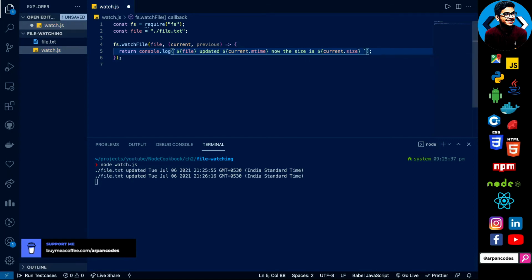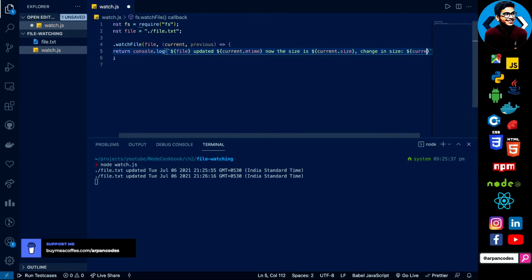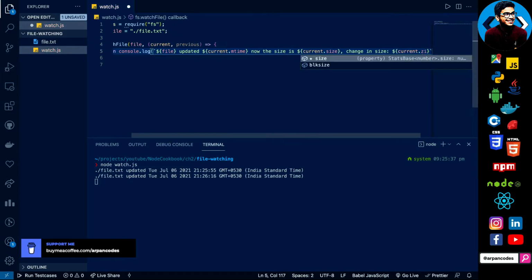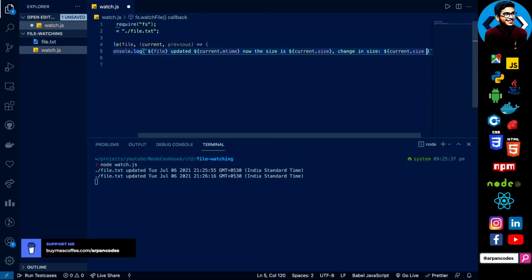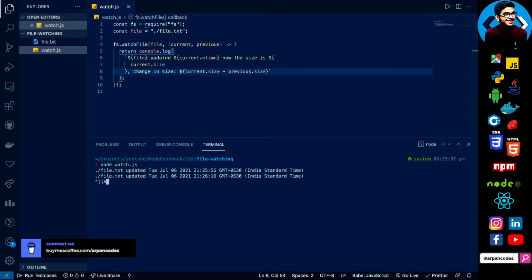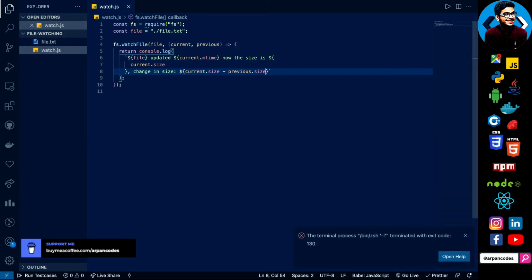Let's use the previous also. So change in size, we'll just subtract the previous size from the current size. Okay, so let's see, I'll just close this process